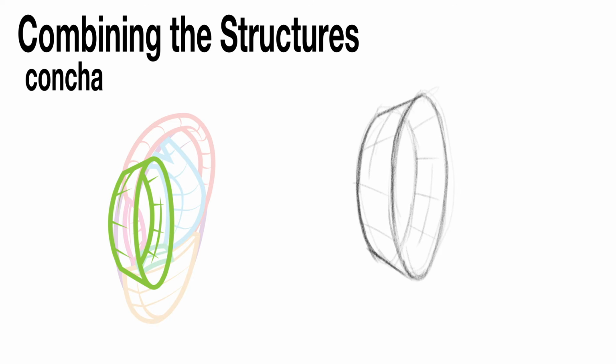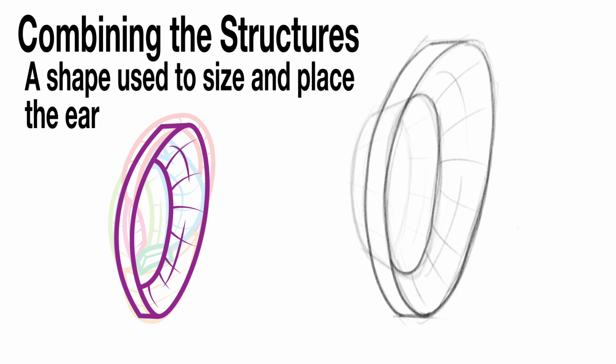One of the things I should point out is the concha would really take the shape of a bowl cut at an angle as it is flush against the head near the ear canal, but I like to show it as a full bowl because it helps demonstrate the role of the concha as a support structure for the rest of the ear. Next, we add this plate over the bowl representing the concha.